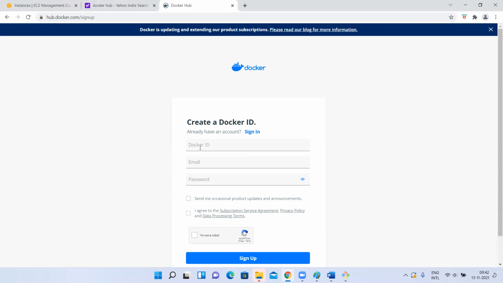KC. So first let me give the Docker ID, email, password are there, right? First let me give the Docker email, right? KC Technologies DevOps at gmail.com. Okay, this is going to be my email ID. While signing up with Docker, I have to give a unique email ID. So I gave it, right? And the Docker ID also should be unique.